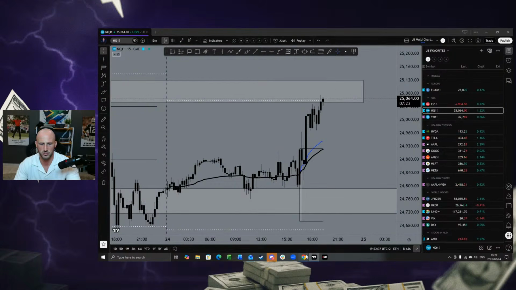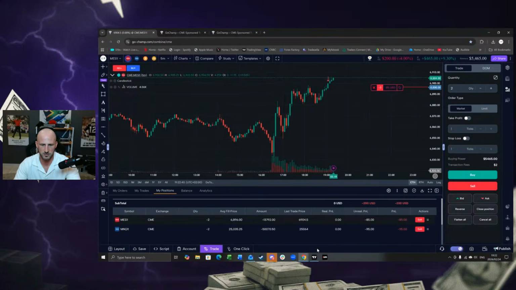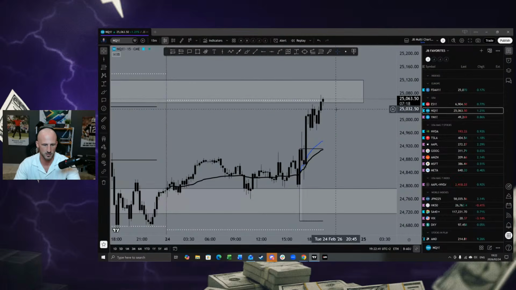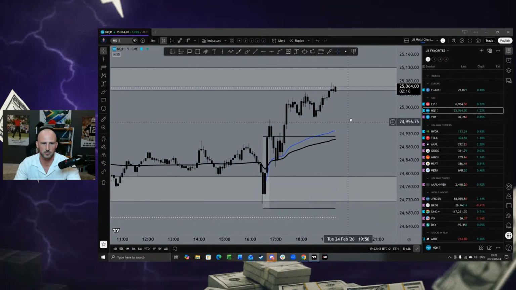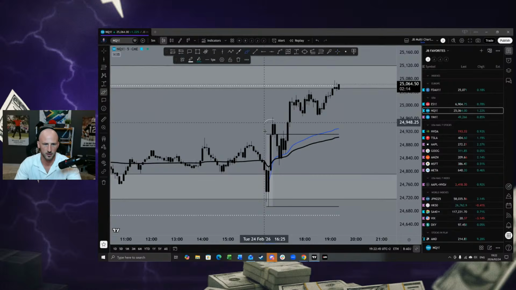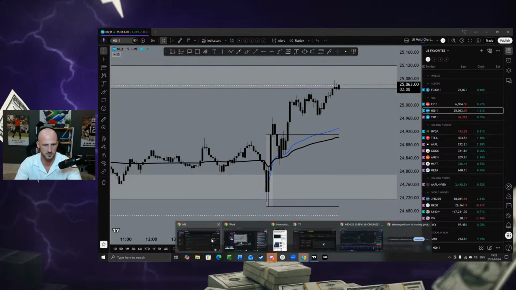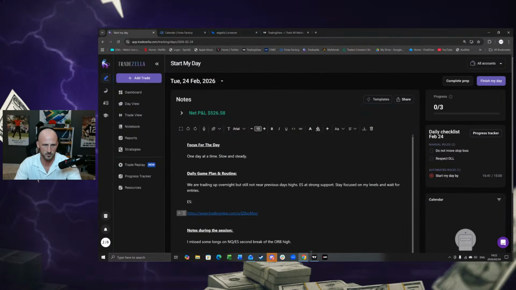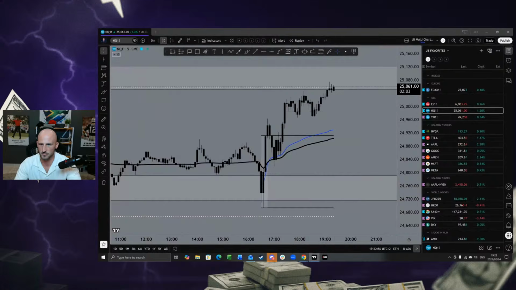Right now, I'm just trading these shorts on the GoChamp's competition account, but I clearly missed those nice longs off the break and retest of the opening range high. I think that was solid. Break, retest, and longs. That's my A+ setup and something I definitely need to put in my journal for today because I missed it. A very easy trade, but yeah, up on my fundeds today, so I'll take that.